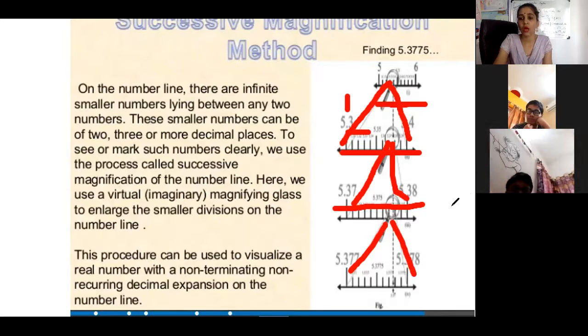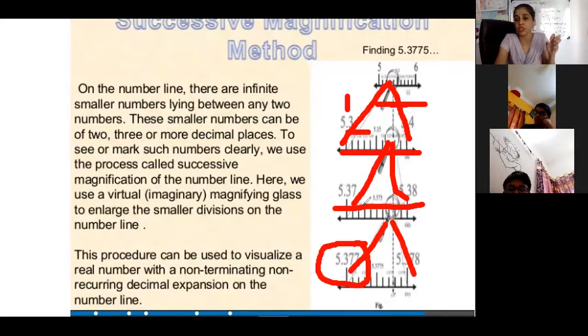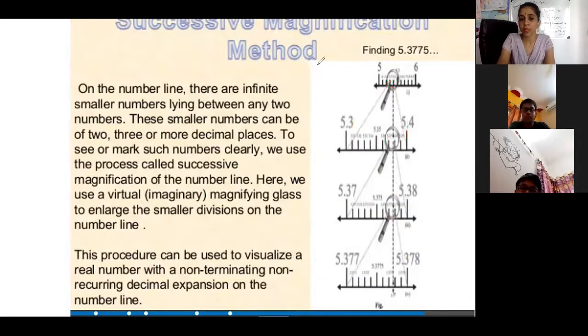Okay, so I think this is pretty clear: if the number line is given, we can divide it in as many ways as we want. And the more concise it is, this is the most concise value of the overall equation. So the more precise we keep making the divisions, we will be getting more accurate results. Okay, is that clear? This slide is clear now?